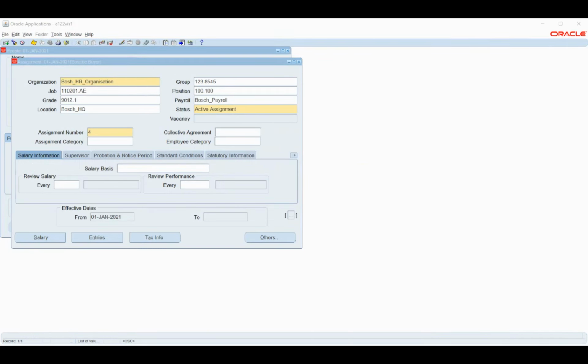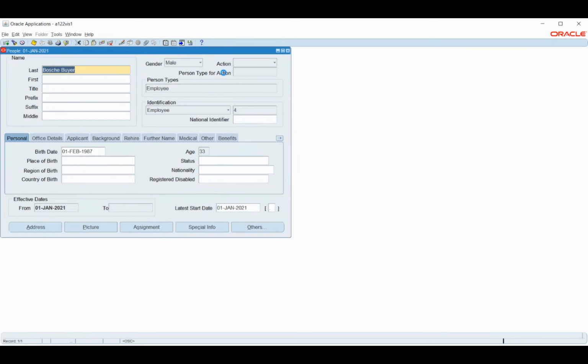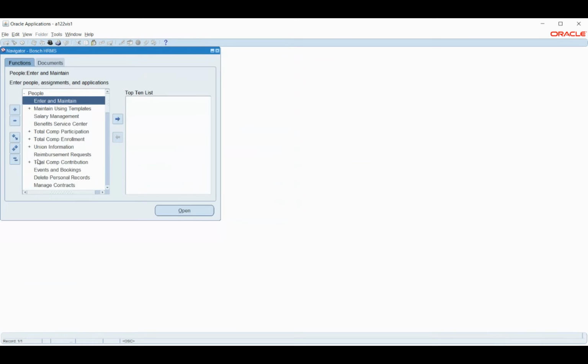The organization that I attached was BG, Bosch BG, so that is why it's not reflecting. Okay, let me attach for the other one as well.